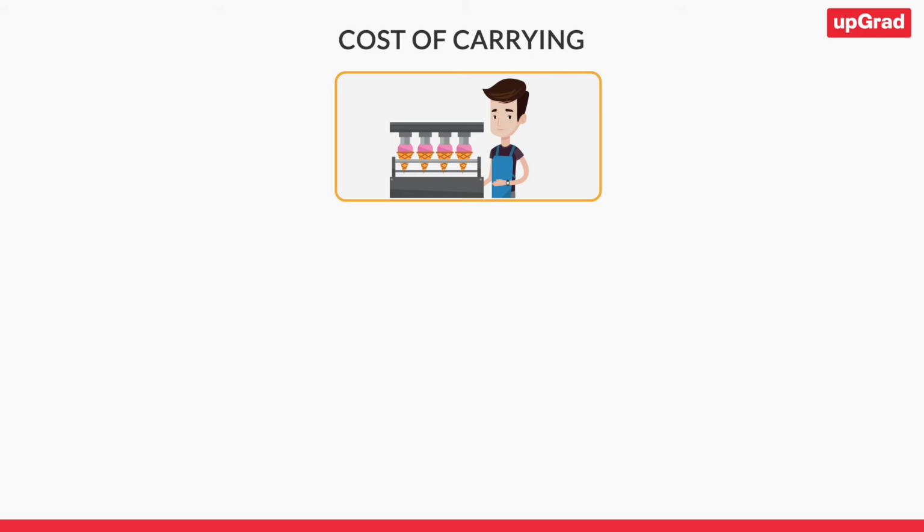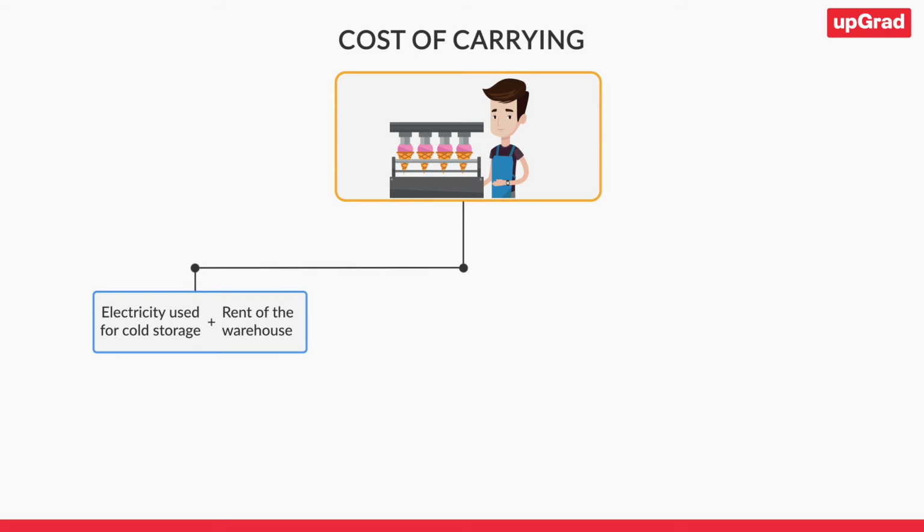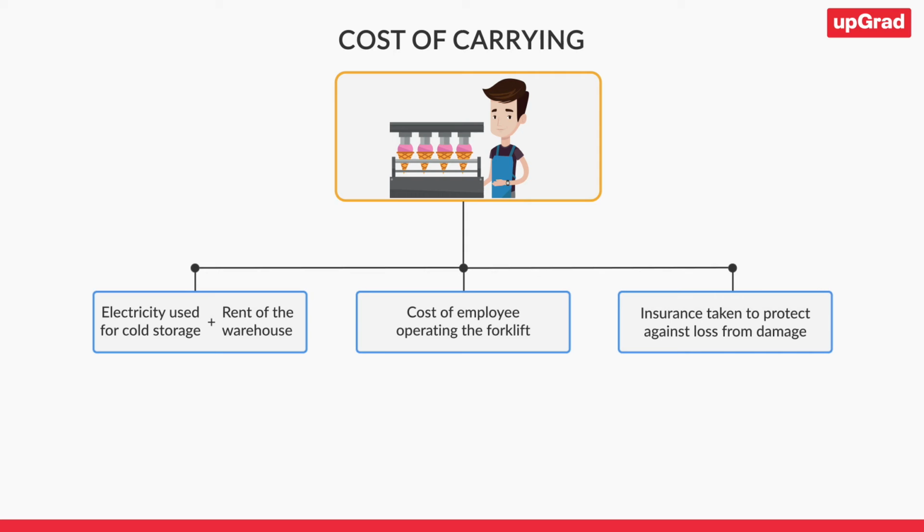For an ice cream manufacturer, the carrying cost could be of three types. First, the electricity consumed by the cold storage unit where the inventory is stored. In case the company decides to store its inventory in an external warehouse, the rent of the warehouse becomes a component. Second, the cost of employees operating the forklifts to move inventory inside the warehouse. And the third one, the cost of insurance taken by the ice cream manufacturers to protect the company from losses